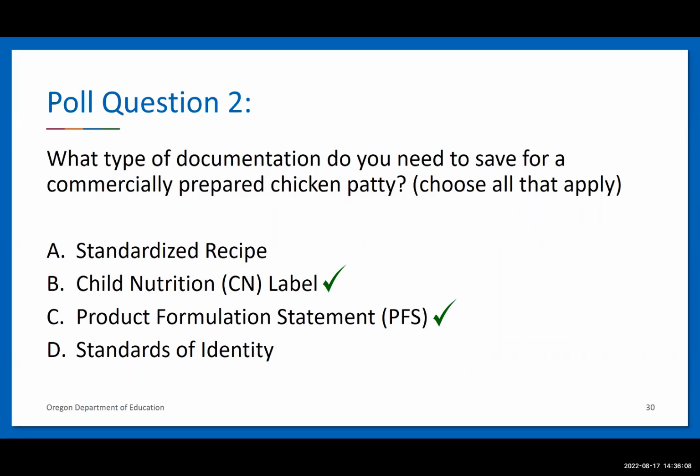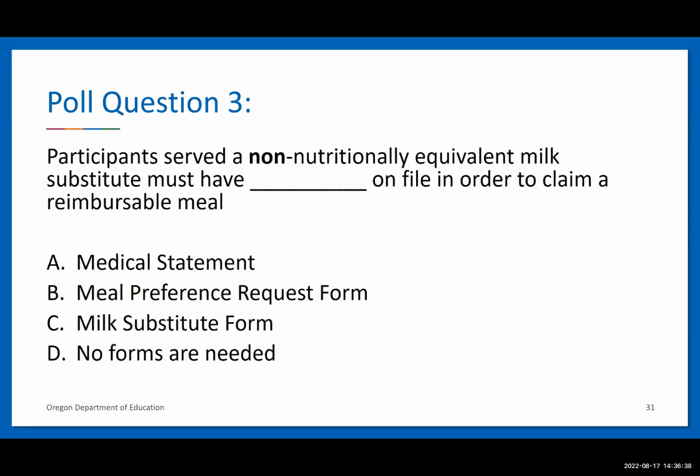One thing I do want to point out is that most foods do not have a standard of identity, and chicken patty, unfortunately, is one of those without a standard of identity. So that one wouldn't be an option. And because it is commercially prepared, a standardized recipe wouldn't be what you would usually use, although you could, of course, use an additional standardized recipe when you're crediting for a chicken patty in a sandwich, for example. All right, so let's move on to our third poll question now, and this will be our last poll